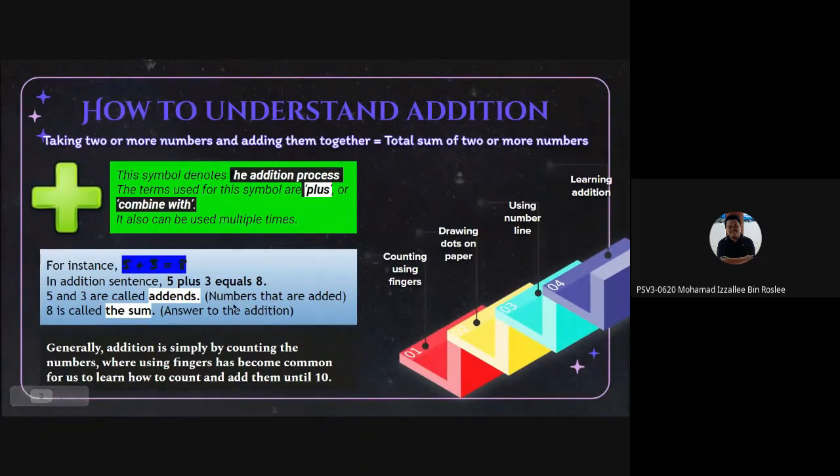And 8 is called the sum, the answer to the addition. Generally, addition is done simply by counting the numbers, where using fingers has become common for us to learn how to count and add them until 10. We start from counting our fingers to count on until 10. Then it goes on by stages, from our physical fingers to paper, like drawing dots on paper. Then we apply the number line, the drawings, the figures, and the final one, we learn addition by introducing the symbols and the digits. Now the next one,